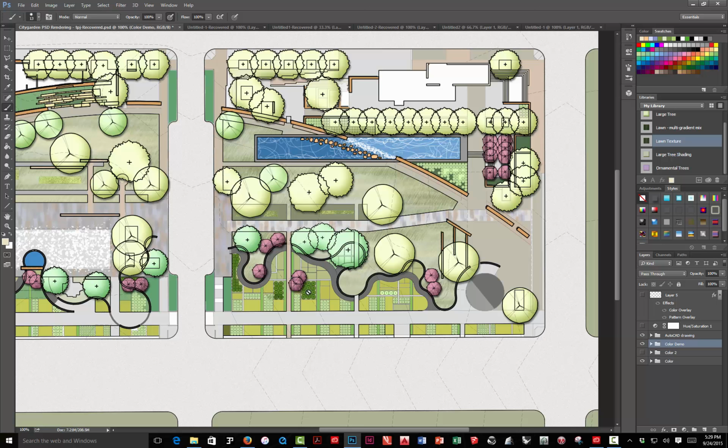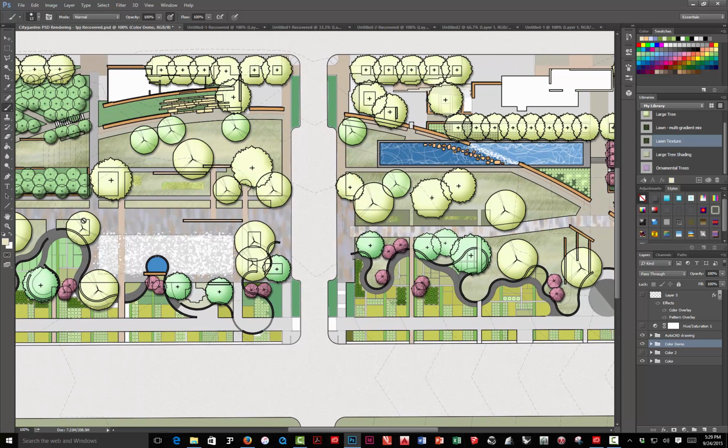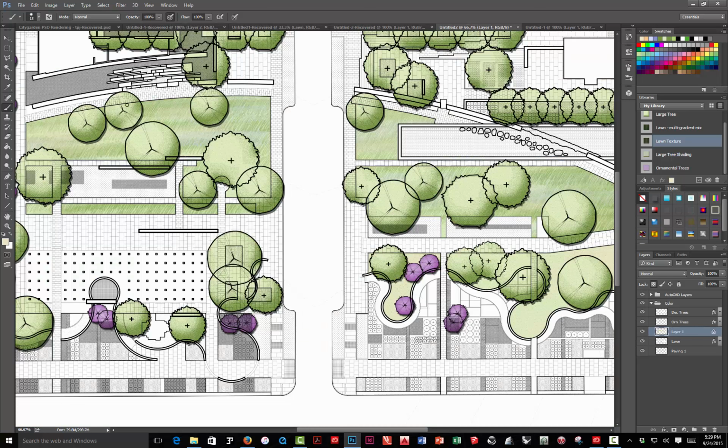And these trees, these really small shrubs, I'm not sure they really even need any shading because they're just so tiny you're not going to be able to see it. So ornamental trees, deciduous trees, if you want to pick some of these like this example and change the hue a little bit, you could copy them to a new layer. Let's see, maybe I could do this. Where am I? Okay, so I could take